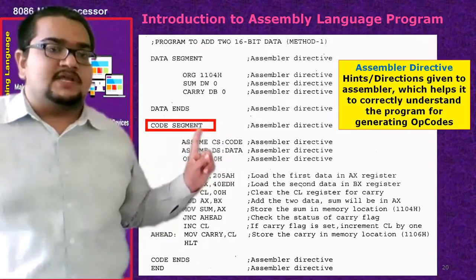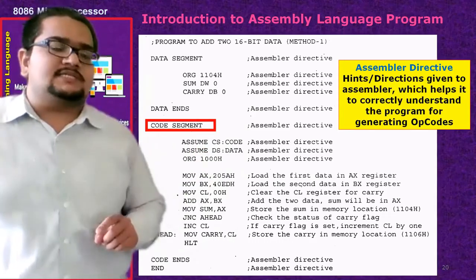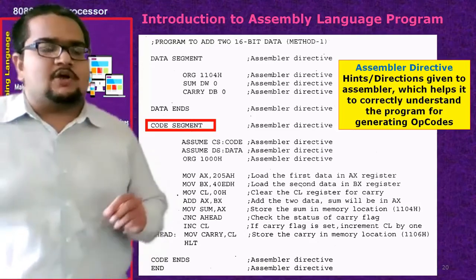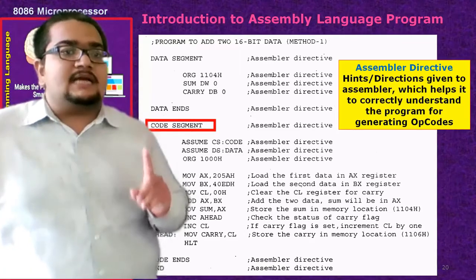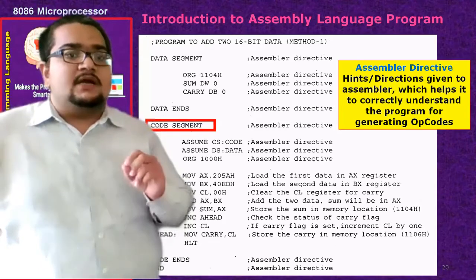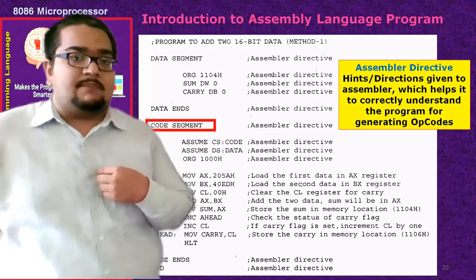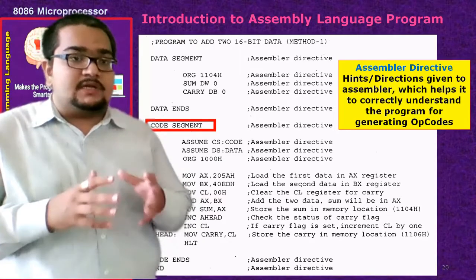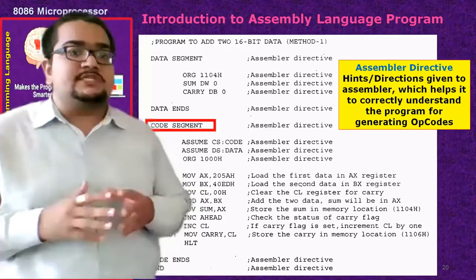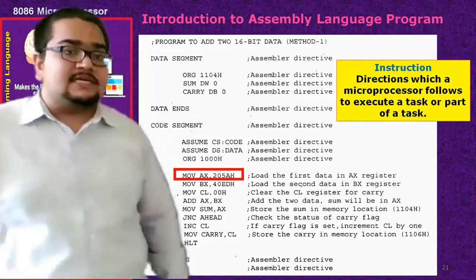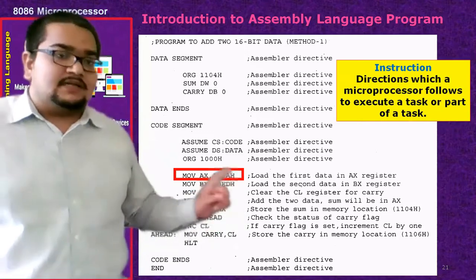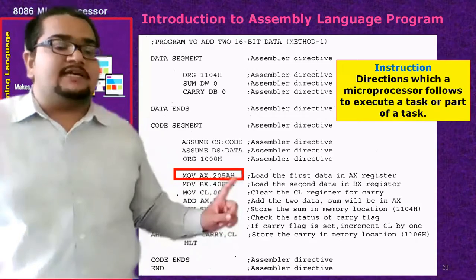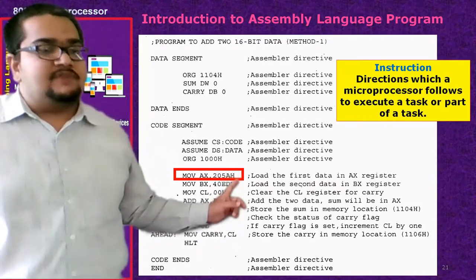What we write in assembly language programming, the assembler converts into the machine code, always with the help of these assembler directives. About assembler directives, after completing the instruction set, we will briefly talk and help you understand. But the very simple general understanding is that they are certain hints or directions we give as programmers to the assembler, such that the translation of our assembly language code into machine code becomes easier. Next are the instructions, which we will discuss in this class and possibly continue in the next class. All the different instructions of the 8086 processor we will check.